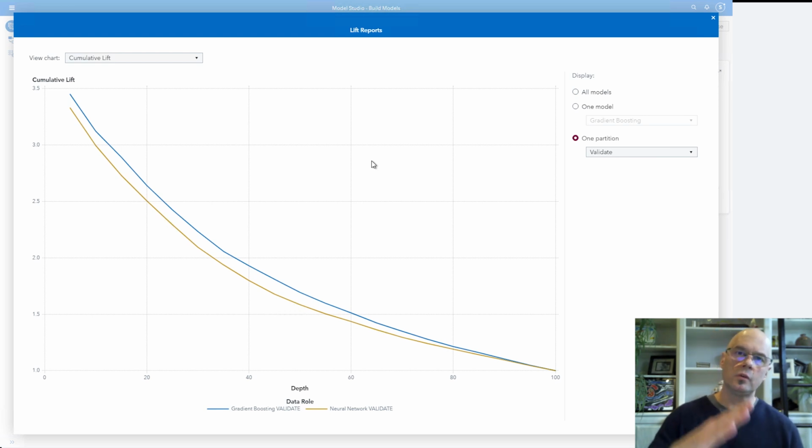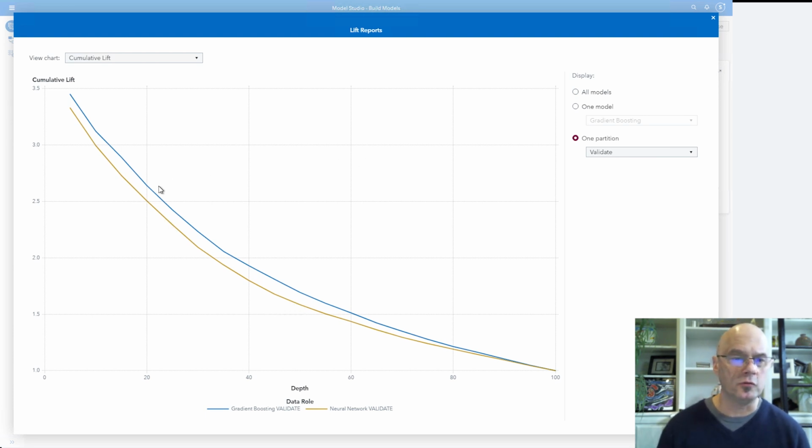Sometimes the performance or these lines might bounce back and forth, where at certain deciles one model's on top, at other deciles the other model's on top. What we see here is that across all deciles, the gradient boosting model is uniformly superior. No matter where I look on this chart, the blue line is always above the yellow line. That means based on cumulative lift, the gradient boosting model is always outperforming the neural network.